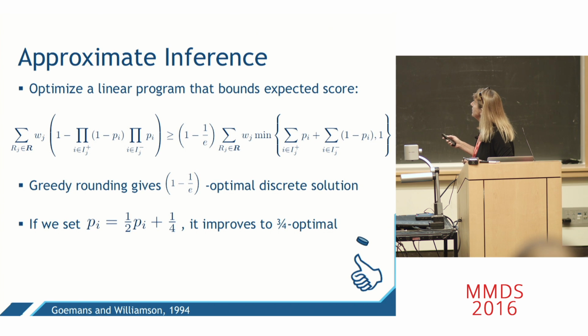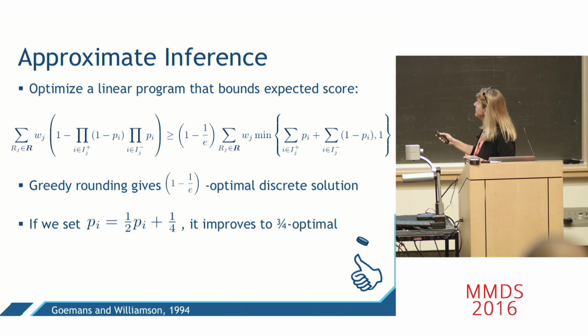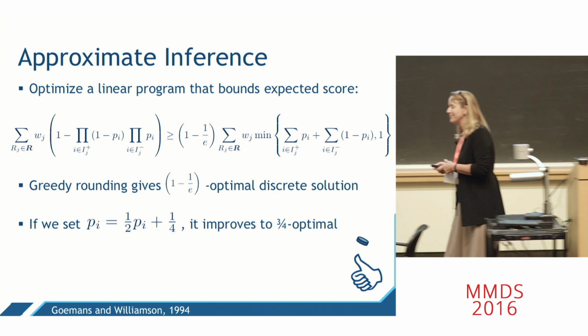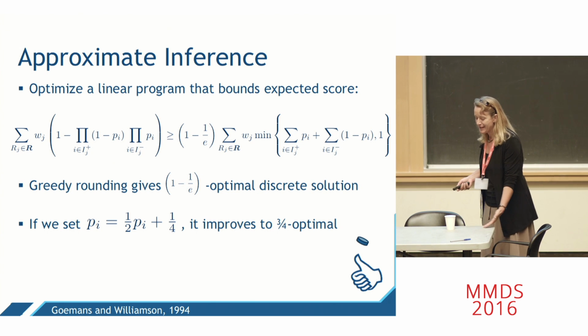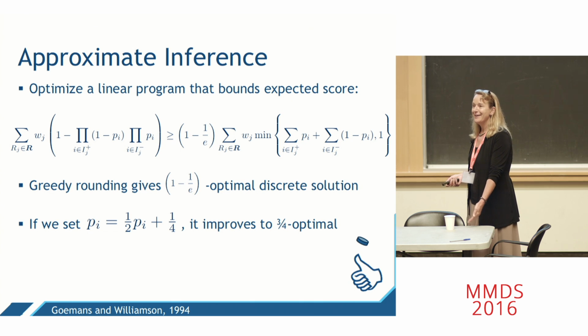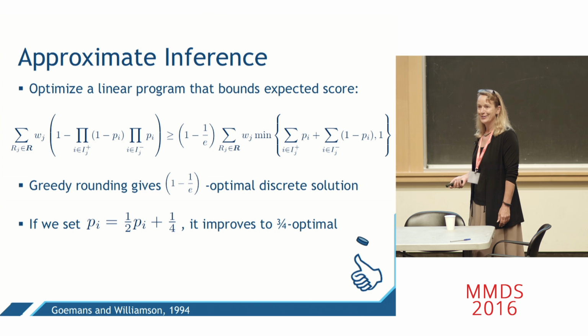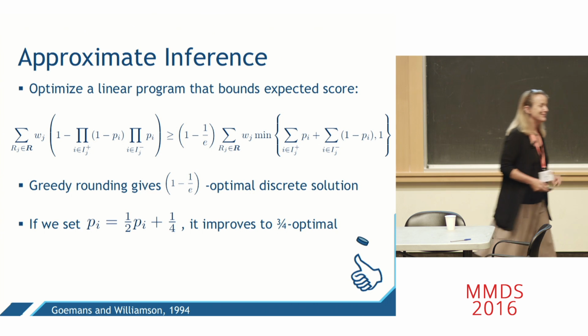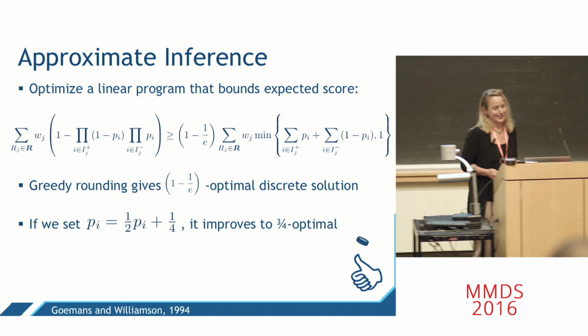So the nice thing that I can do is use this well-known result of Goemans and Williamson for bounding this, and this bound gives two nice properties. One nice property is it ends up giving me a convex optimization, and then on top of it, it actually gives me a guarantee on the solution quality. Those two things together are terrific.